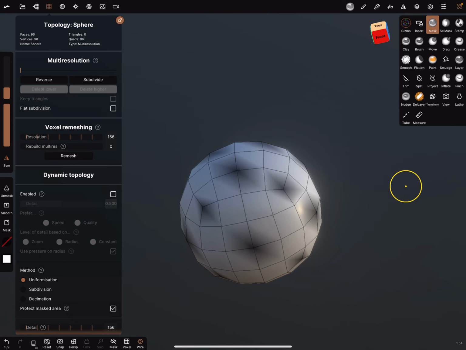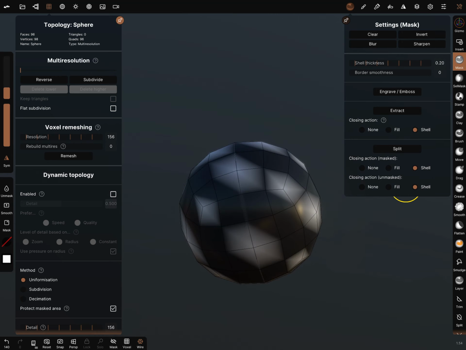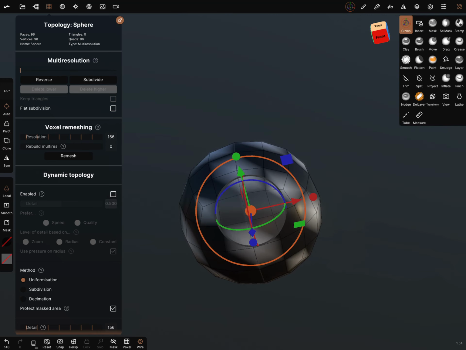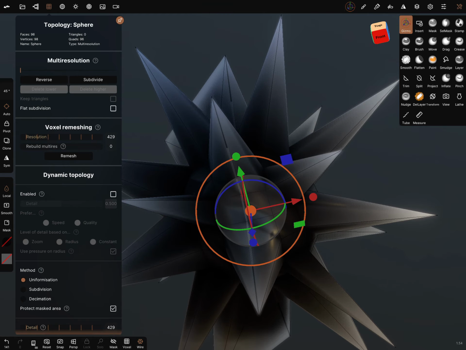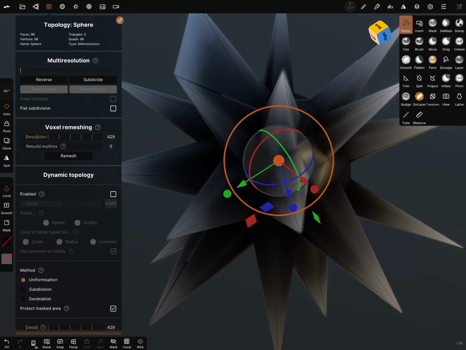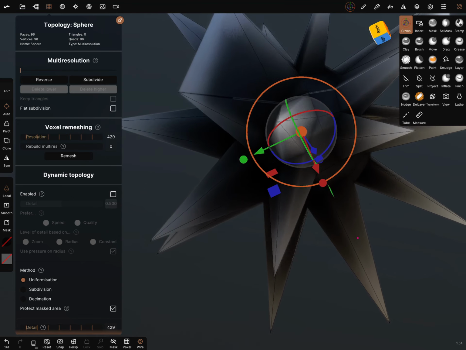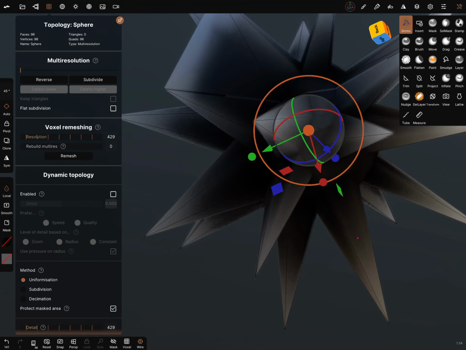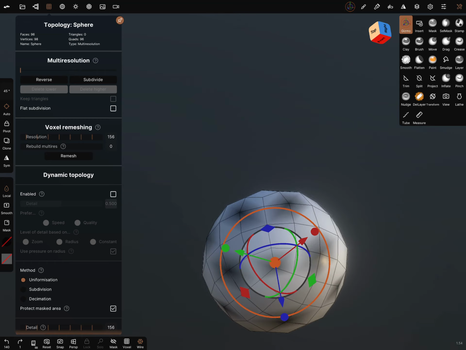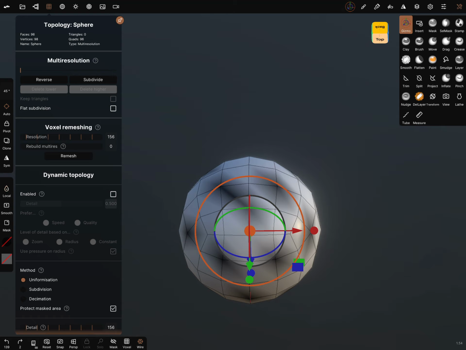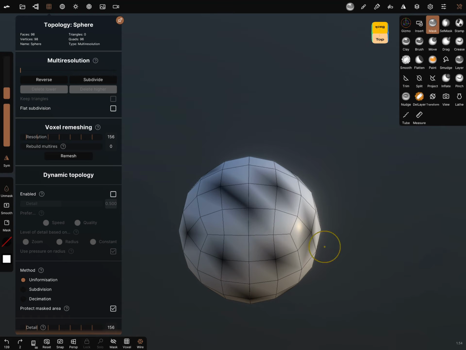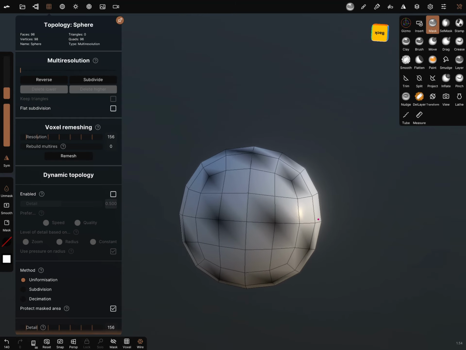Let's see what happens. We invert the mask and use the gizmo tool. And with the gizmo tool, you can bring the, I say spikes, okay? You can bring it out. There are two spikes too near. We can go back and look. We can unmask this one, and yes,